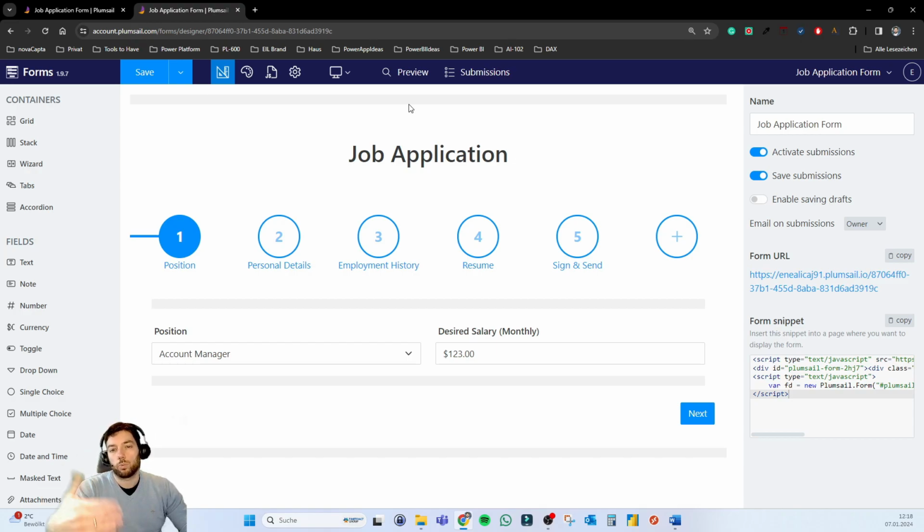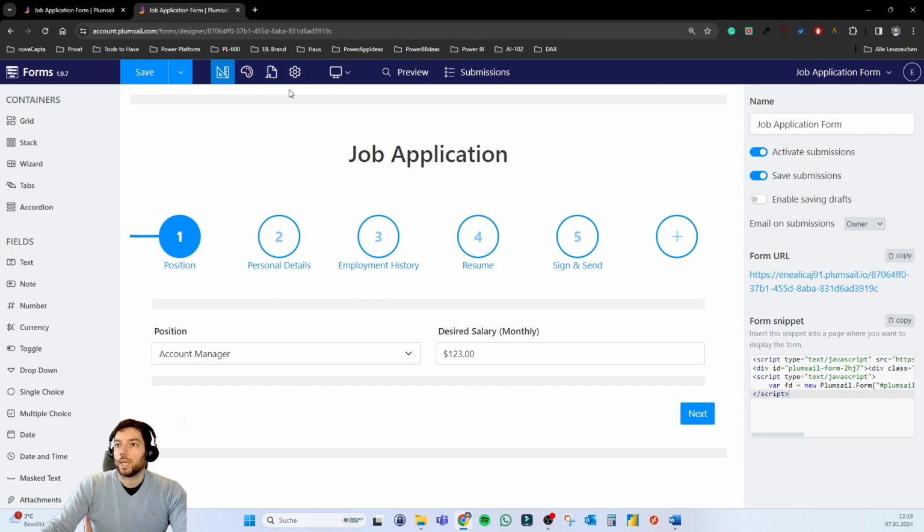This might need to happen 1 or 2 times, and after that, you don't have to do that anymore. Then they approve all your future forms as well. So that's like a 1 or 2 time thing. But that's something you need to keep in mind, because it takes 1 or 2 hours, and don't think that something is not working. It's just a normal process for everyone when they start building these forms with the Plumsail forms. Okay, so now we have saved it, so actually we are ready to go,